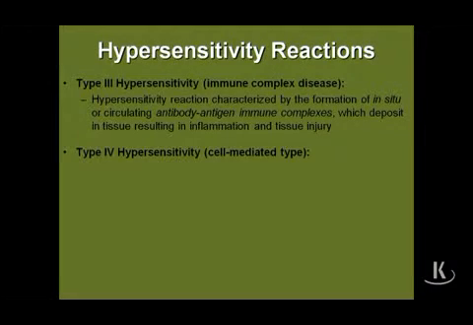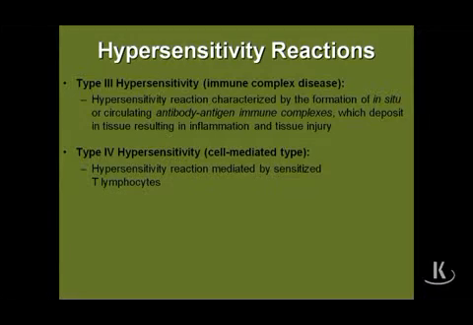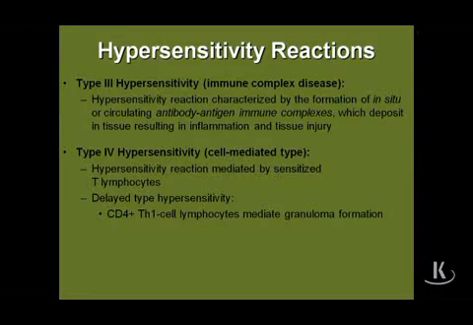When we talk about hypersensitivity reaction type 4, we think of T-cell mediated type. There's two subtypes that are important. We've talked about a number of these. The one you always think about is delayed type hypersensitivity. It takes time for this process to take place because it's recruiting macrophages, and this involves granuloma formation that we talked about earlier, and chronic inflammation, where it requires CD4 Th1 helper cells to release gamma interferon that's going to recruit the monocyte from the intravascular space to become activated macrophages, or what